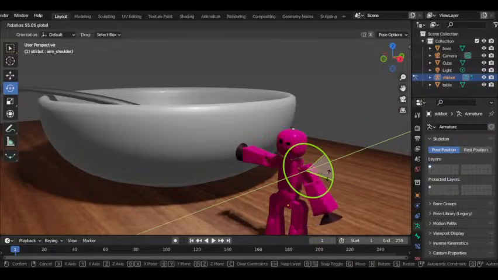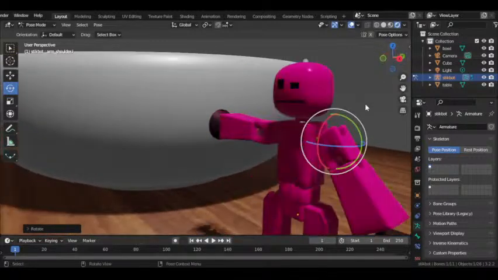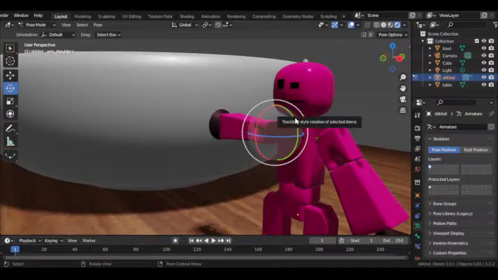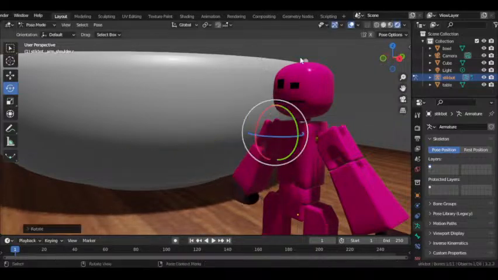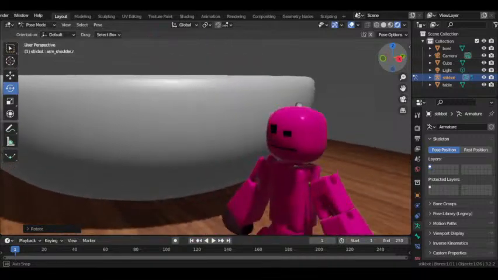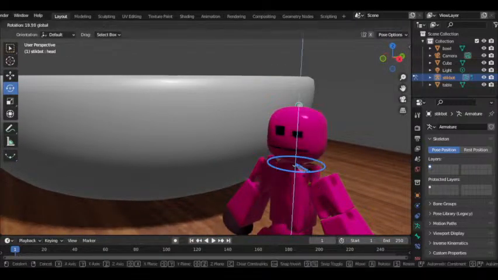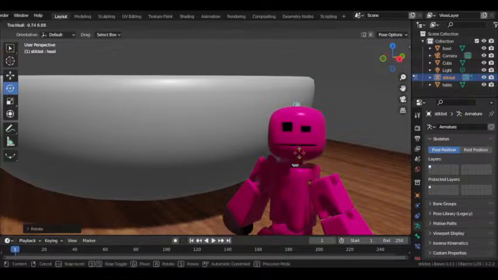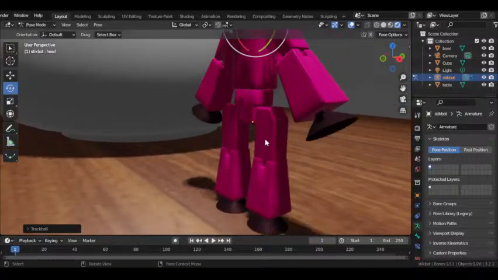I did the model myself, actually. Not sure if I've mentioned that, but this model was originally made by Stickbot Central. However, I ended up making a better and more improved version